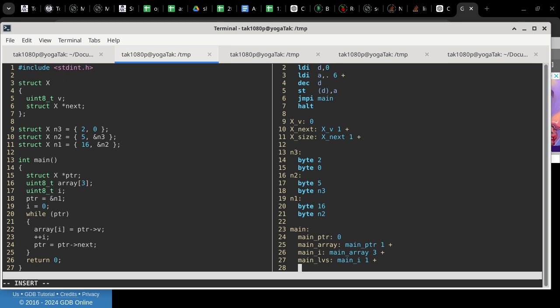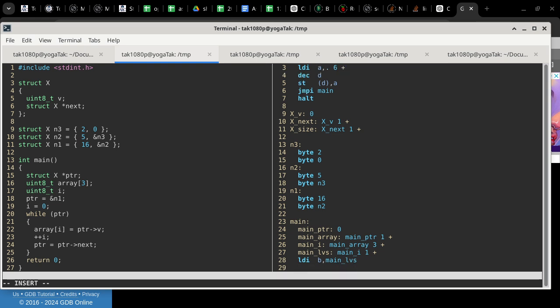So these are all the label definitions. Label definitions by themselves do not do a single thing to the stack pointer or anything on the stack. So that means I have to utilize these labels in order to allocate space for the local variables, and then later on to also deallocate the space for the local variables. So the typical code that I use here is going to be just LDIB with A, B, or C, which is fine in this context. So we load main LVS, which is the number of bytes that we need to reserve for local variables, and